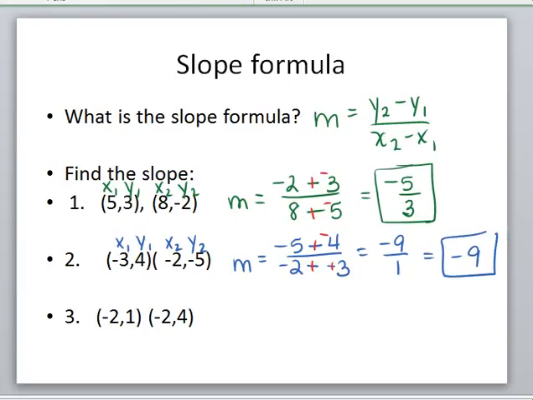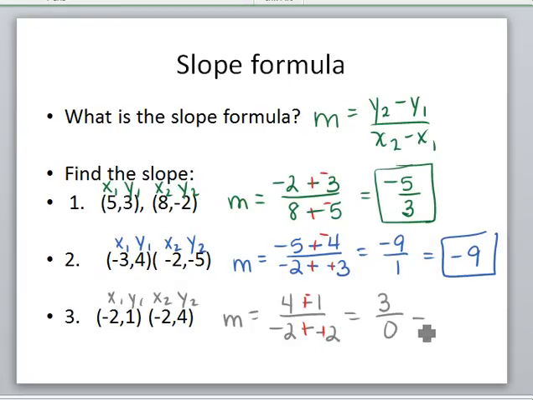Last example here, x1, y1, x2, y2. I'm going to do y2 minus y1 over x2 minus x1. Change my signs to plus the opposite, and I end up with the answer of 3 over 0. 0 on the bottom is considered undefined. 0 on the top is considered 0. So I'll write that as well. If I would have got 0 over 5, this would have been 0. 0 on bottom is undefined, 0 on top is